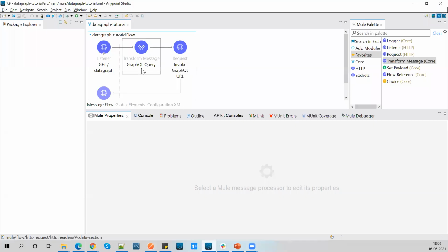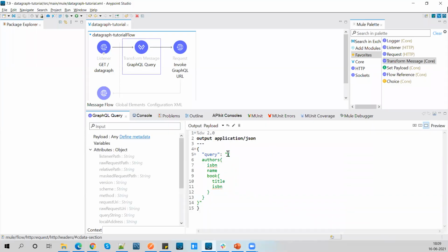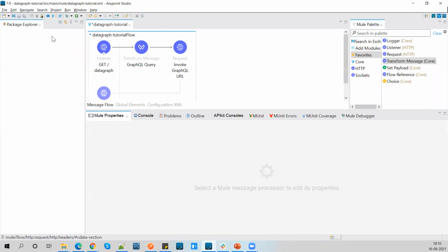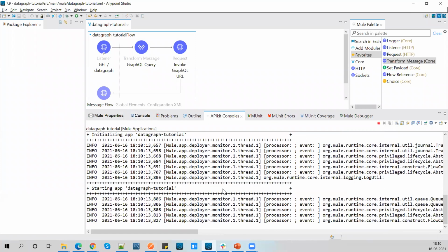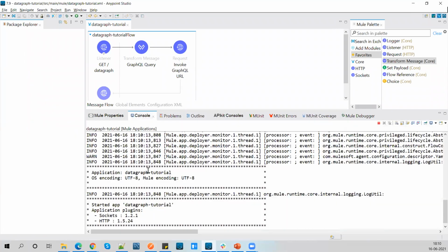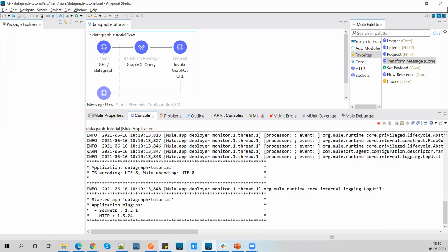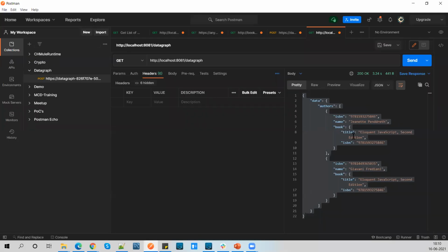And I'll go to the query part. So I have added author over here. Let's save this. And let's just wait for the app to get deployed. Okay. So it's deployed now. Let's go back to Postman again.